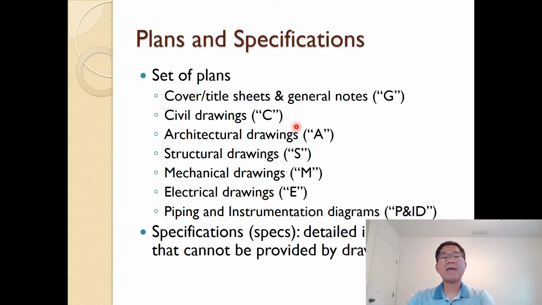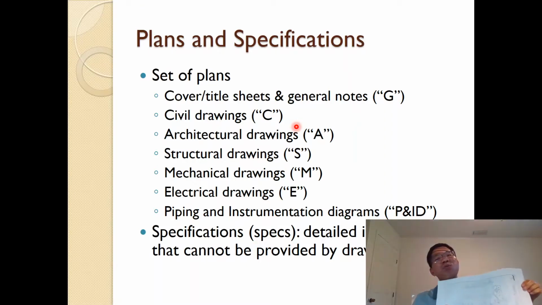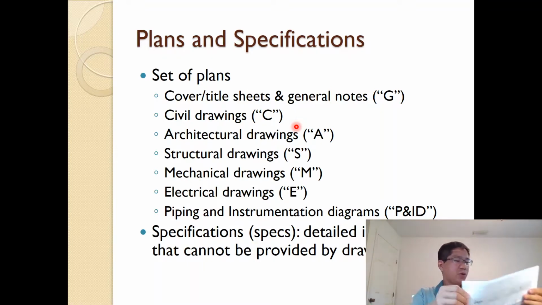Mechanical drawings, M. Electrical drawings, E. Piping and instrumentation diagrams, P and ID. And the specification also has detailed information that cannot be provided in drawings because you cannot put all the text, all the words in the drawing, so you refer to the specification. For example, if we have